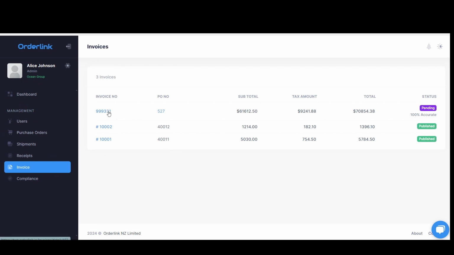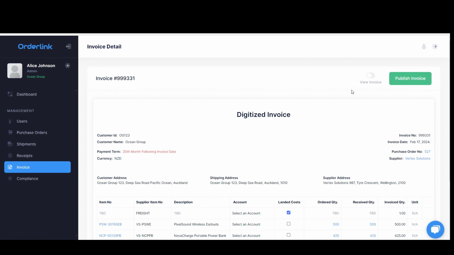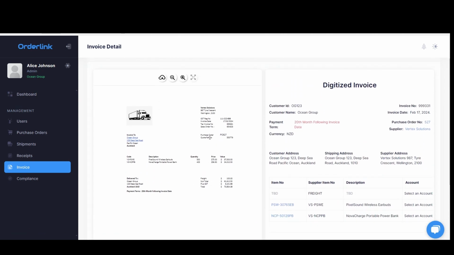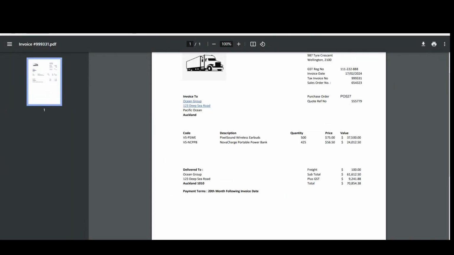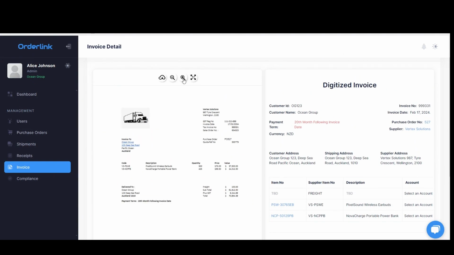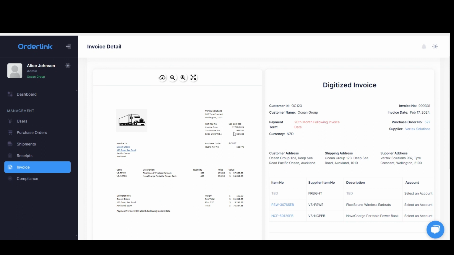So we click into this invoice, we click View. We can see that it's picked up the original document, and it's also been able to transform it into a digitized invoice. So if we compare this to the one we showed earlier, if we zoom in, we can see that it's managed to pick up the invoice number, the invoice date, what that purchase order number was,